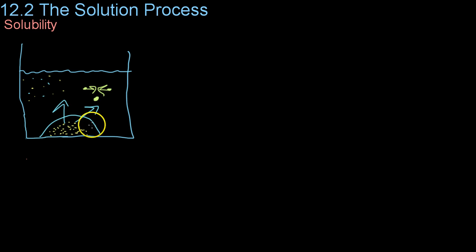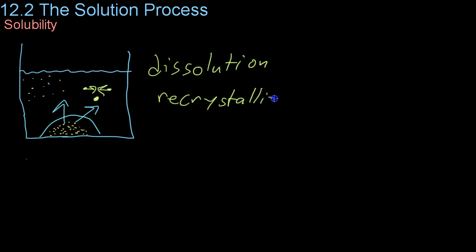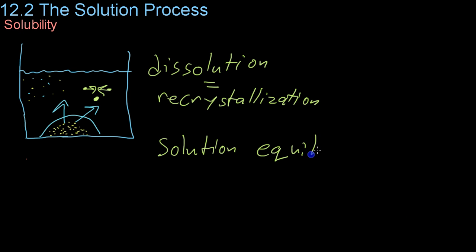And eventually, as you keep adding more and more sugar, what happens is that these two processes of dissolution, which is again the particles leaving the pile and becoming part of the solution, and recrystallization, eventually these two processes will become equal as you have a higher and higher concentration of sugar particles within the solution. And at this point you reach something known as the solution equilibrium. And at the solution equilibrium,